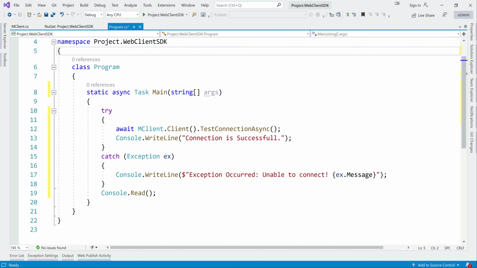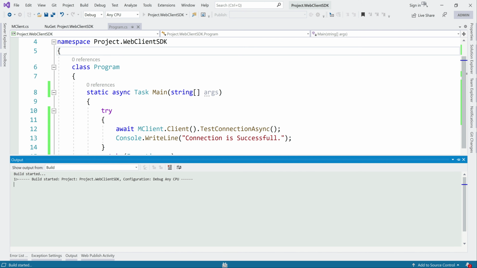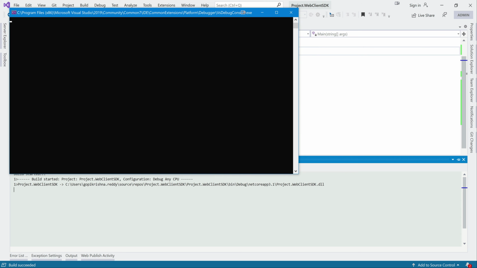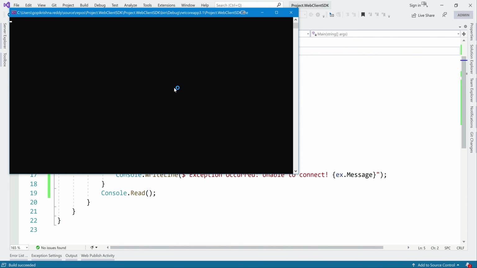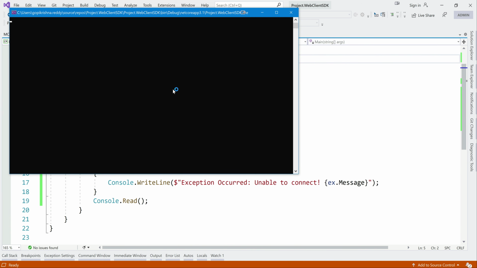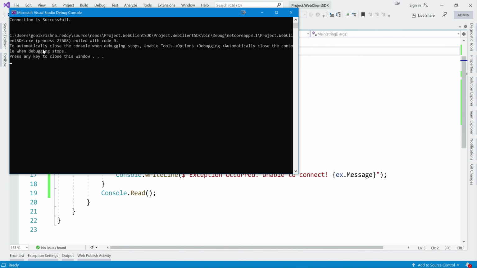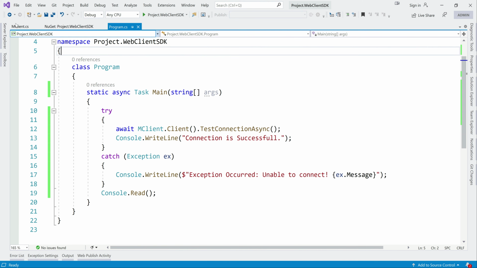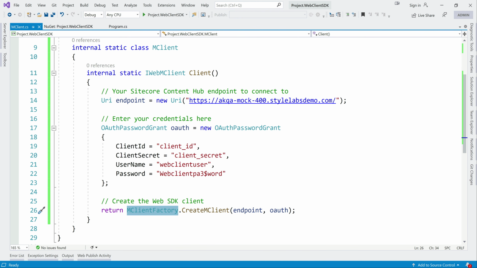Let's quickly test this. So we got a successful connection, which means we can make the connection. Let's change a few things here just to test.